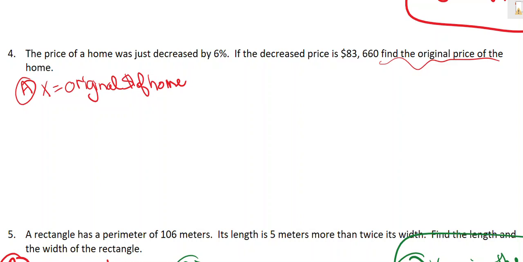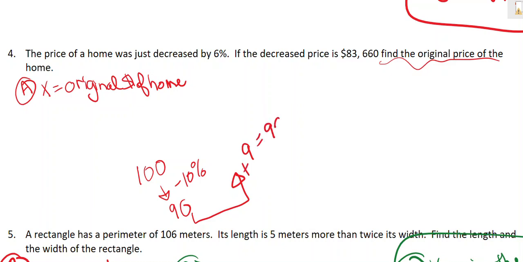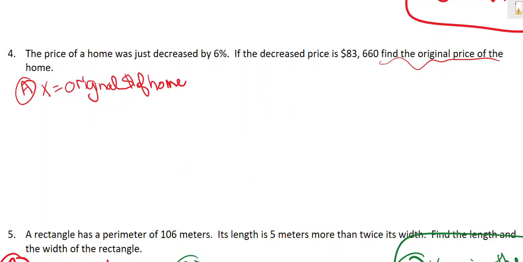So if you think about this, let's just pick a nice round number of 100. If I decrease this by 10%, it's 90. But if I take 10% of 90, that's 9, and that gives us 99. So the decreased price and the original don't have the same percentage increase or decrease. So what the equation should be,